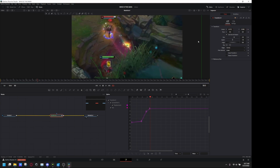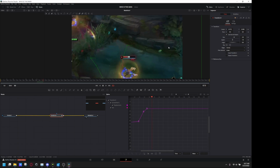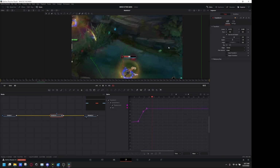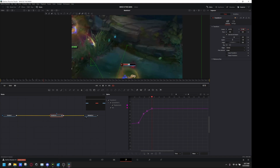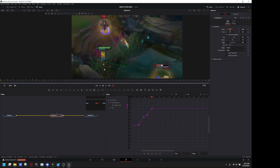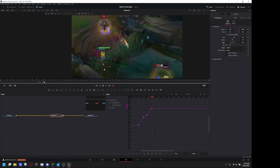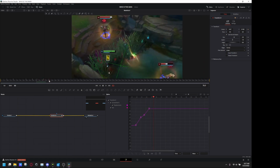Now I'm going to go all the way through until the camera stops moving, right? Which is at this point. The camera was still moving, and it stopped moving at this point. So I'm going to add my last keyframe. Awesome. Even though this right here is kind of jank, we'll fix it up once we have the bare bones of the tracking. So I'm going to keep going forward